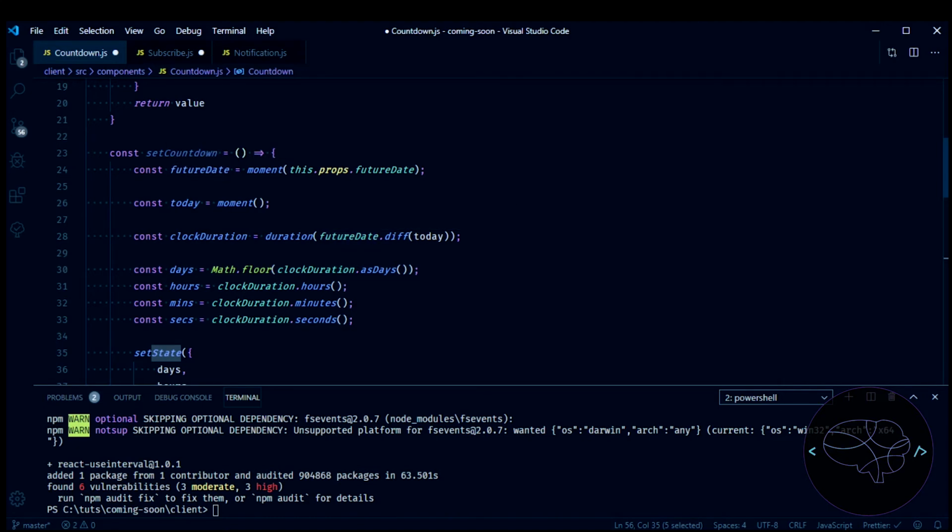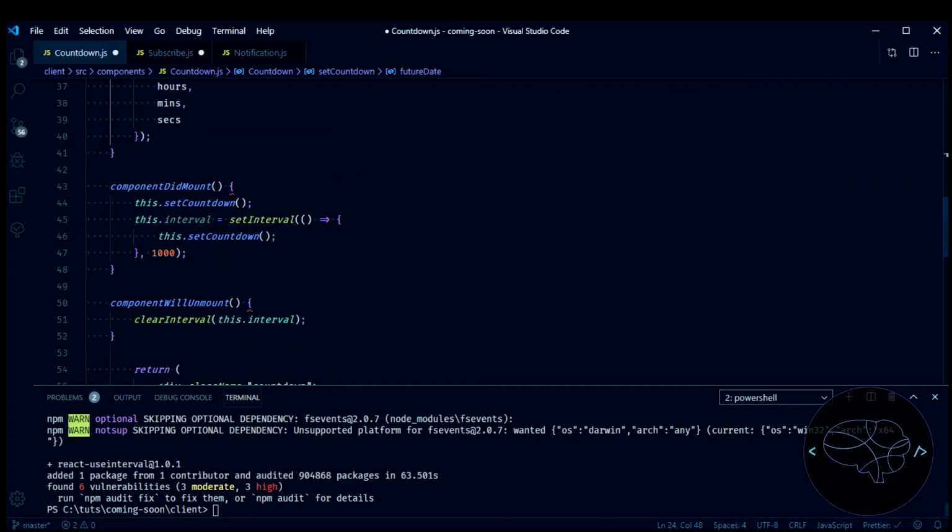So I just changed the prop name to countdown date, which made it a bit easier, so I didn't have to deal with any of that stuff. So if we come down here, we'll change this to countdown date, the rest of this should stay the same. And now we need to get into using that use interval and